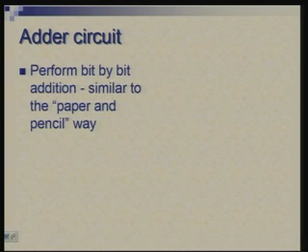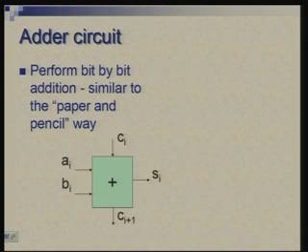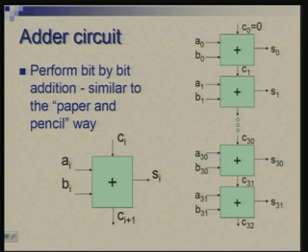So, coming back to the simple adder circuit which we have discussed, we had discussed how we do addition using paper and pencil, and our attempt was to capture that in a simple circuit exactly the way we do it. That means we take the corresponding bits of two operands, perform the addition, and let the carry go to the next stage. So, this is a circuit which adds two individual bits of the two operands, and these one bit adders are cascaded or chained together to form an adder of the right size. For example, if you are adding two 32 bit words, then there are 32 units put together like this.